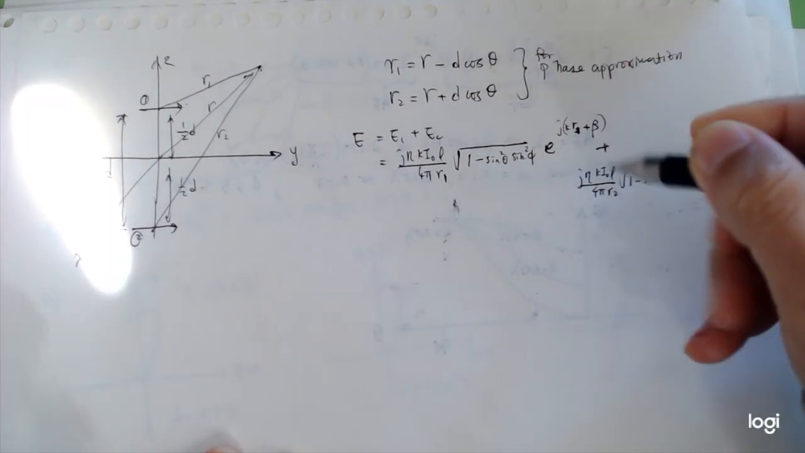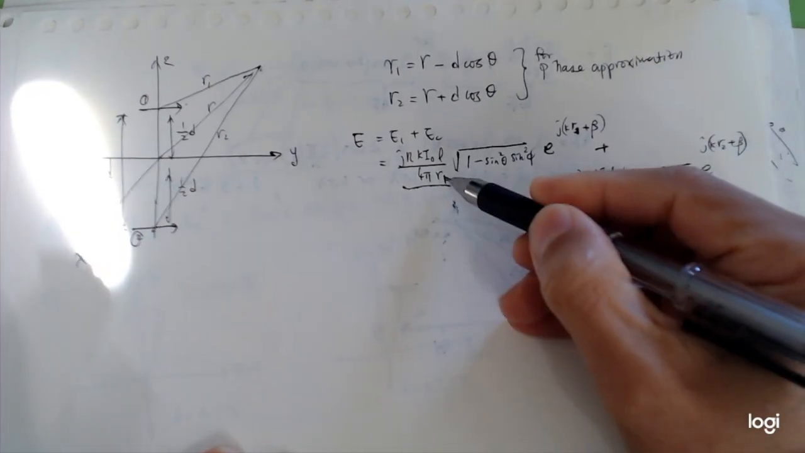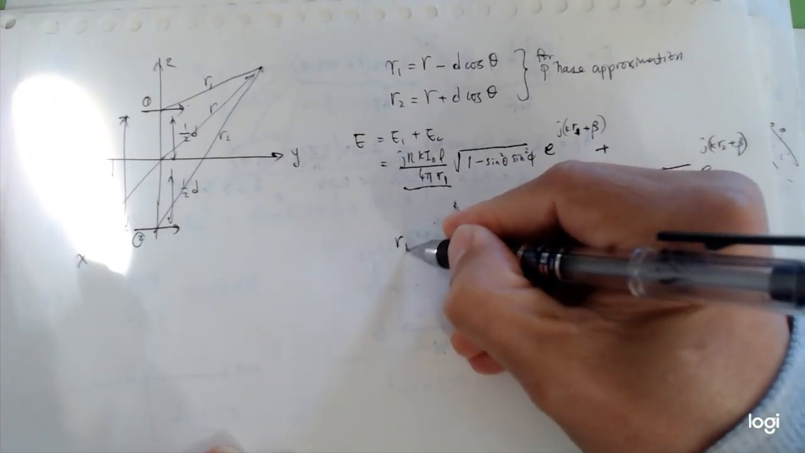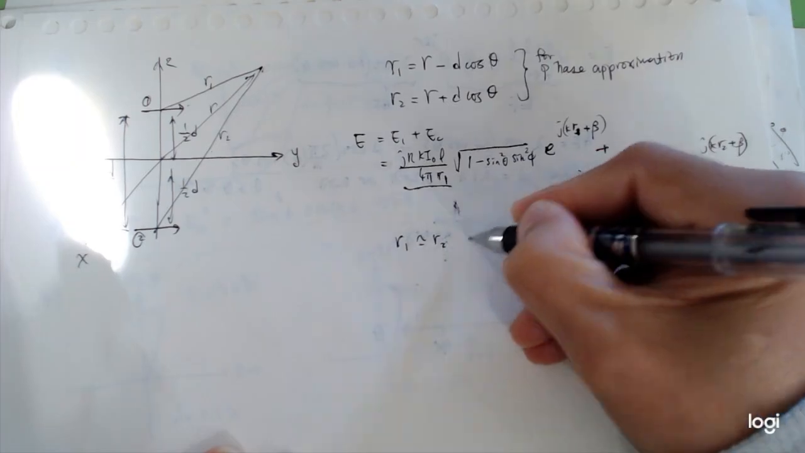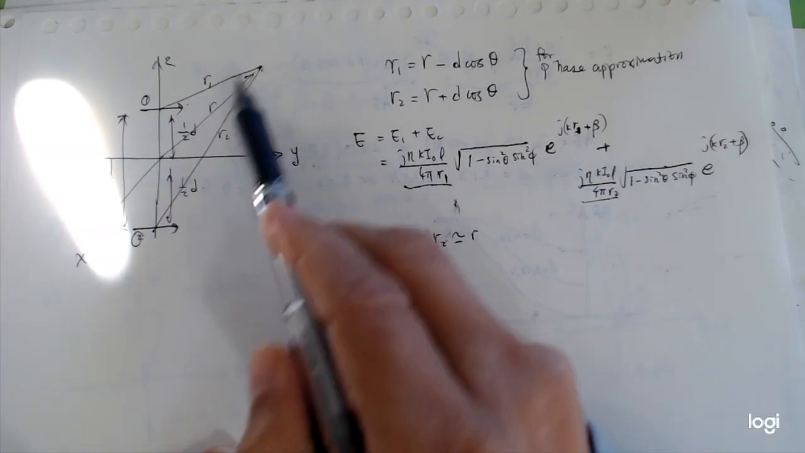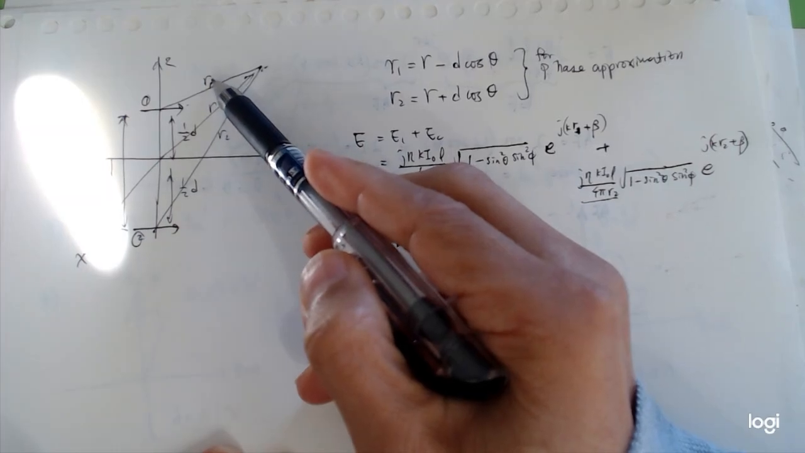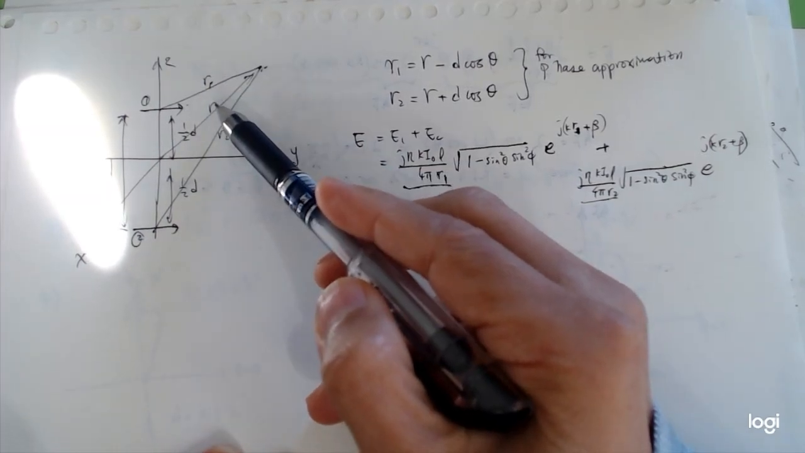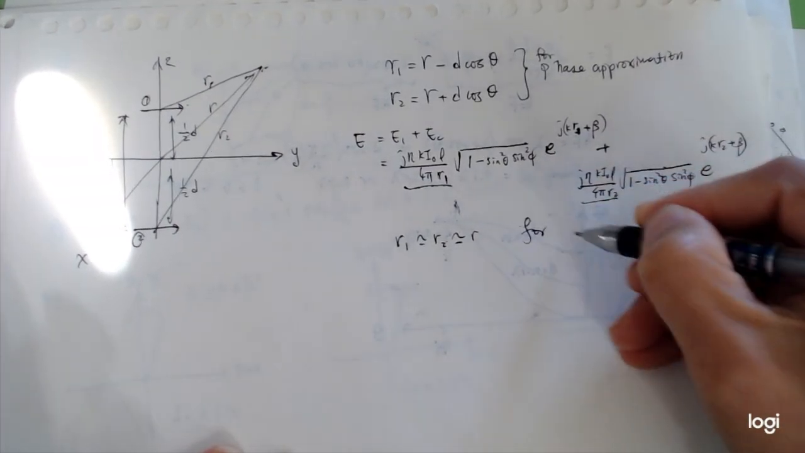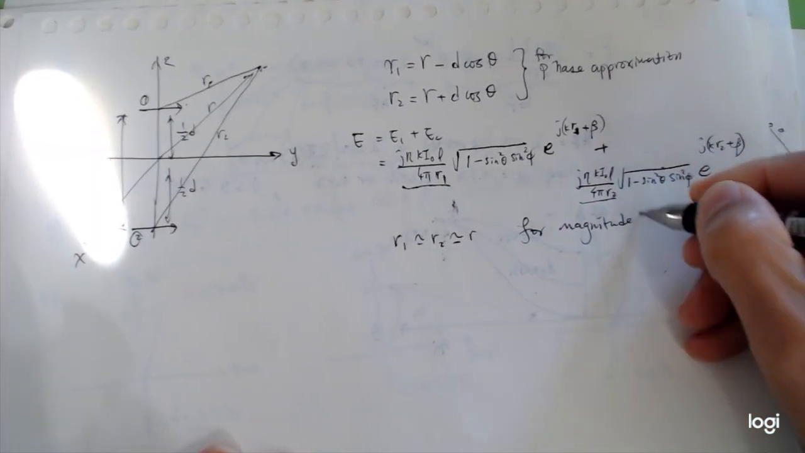And for magnitude approximation, this magnitude R1 is essentially the same as R2, which is essentially the same as R. If the observation point is very, very far, the length of the pathway, R1 and R2, are basically the same. So for magnitude approximation,